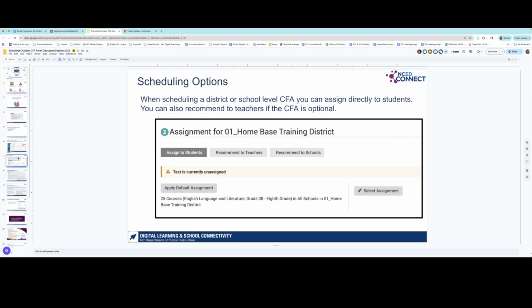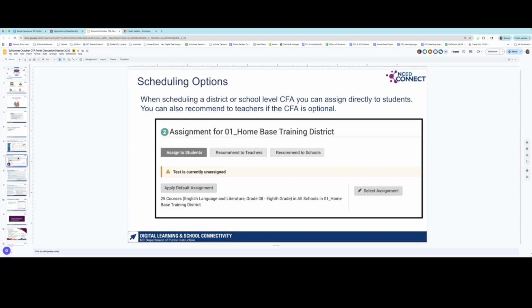Some scheduling options. First off, we want to reiterate the importance of scheduling. You want to make sure that your CFAs are being assigned or recommended. If your district requires that everyone take your CFAs, then I would go ahead and assign them to the students.